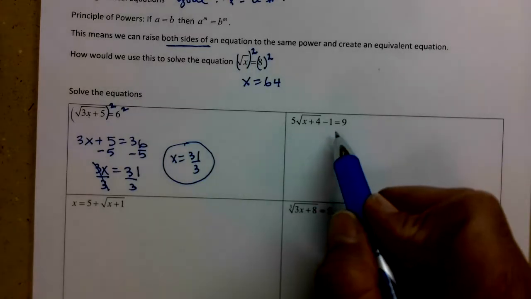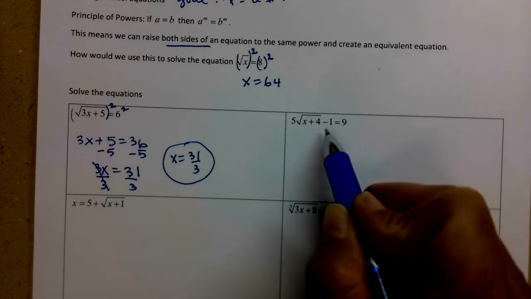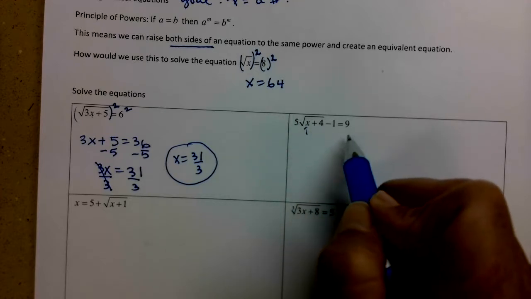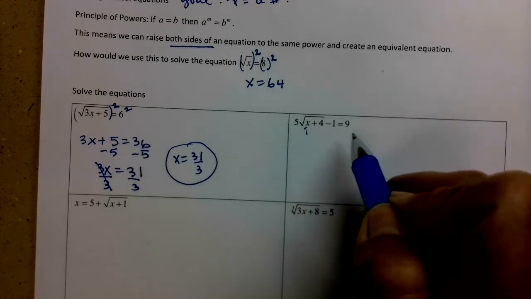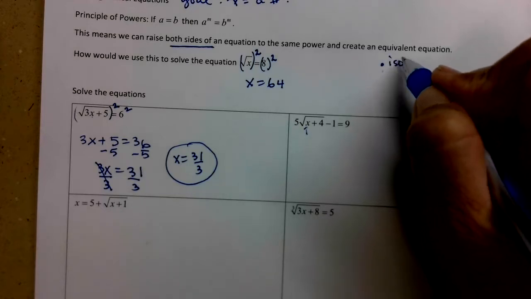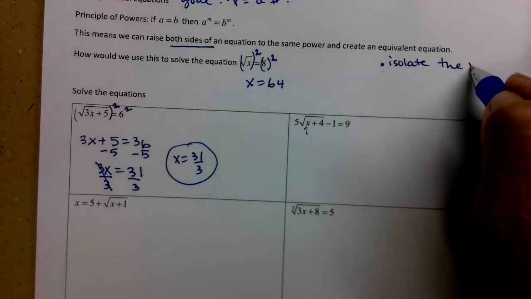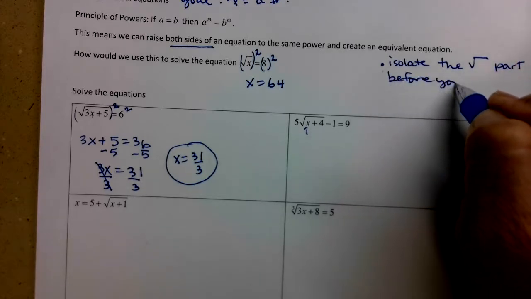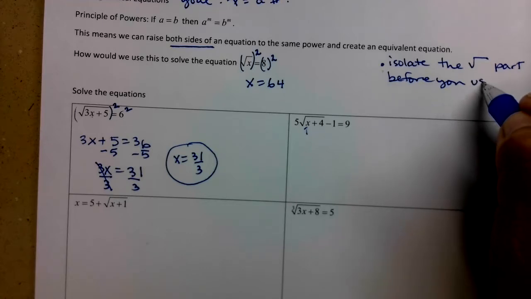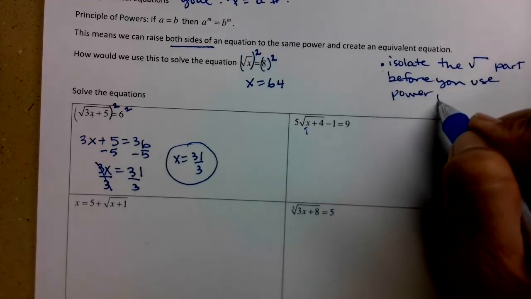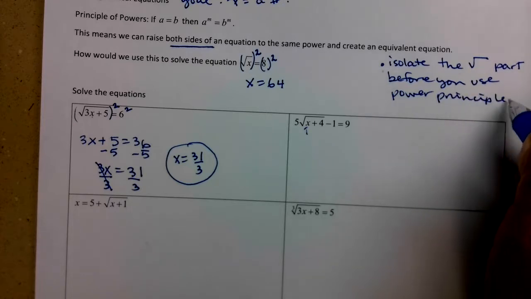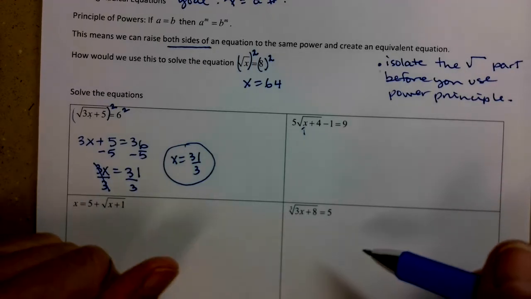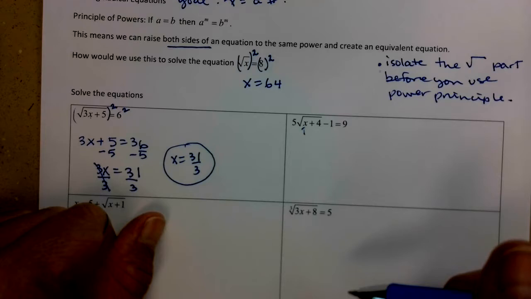When we look at our next example, I'm going to show you some strategies. So here's my square root with the x in it. There are a bunch of things hanging out on that left-hand side. What you want to do is isolate the radical part before you use the power principle. Now, you might not always be able to get it all the way by itself, but you want to get as much of the other stuff moved to the opposite side of the equal sign as